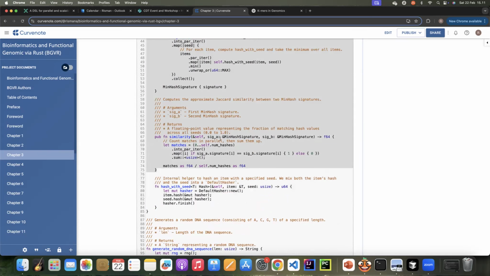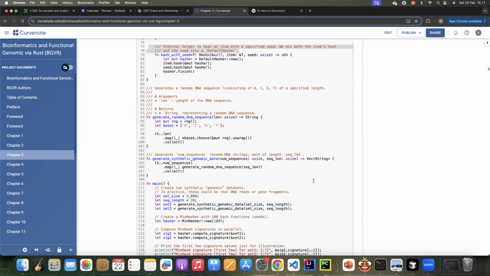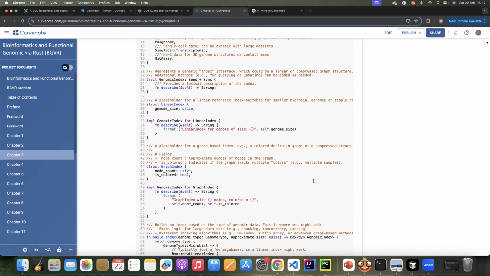Another good way is to always ask the AI to give comments or documentation in the code so you can easily assess, for example, the similarity. This function, given two hash signatures, checks whether they are similar or not by doing some match operation, and gives you the similarity. So it is good practice to always add comments to the code. Try the code and practice